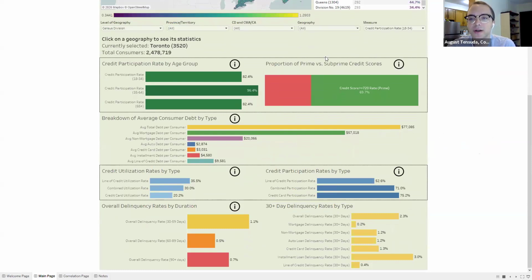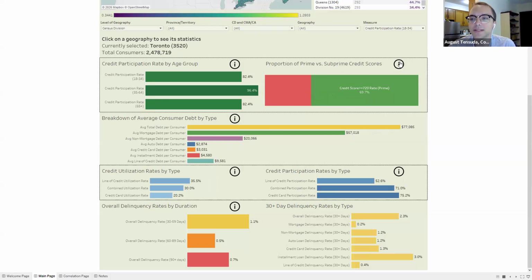Now, if we look at this right chart, we just have this sort of red versus green, bad versus good, I guess you could say, of credit scores. So this is equal to or greater than 720, which they define as prime, and then less than 720 is subprime. So we can see that a good proportion of the population has an above prime or prime credit score. You want to see high credit scores, obviously. Credit score